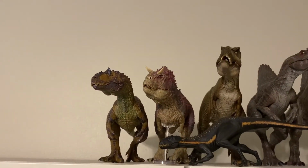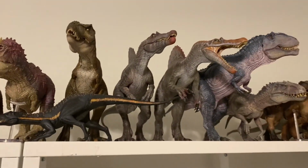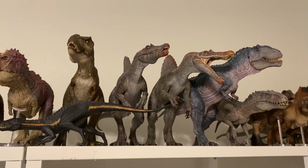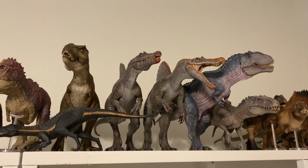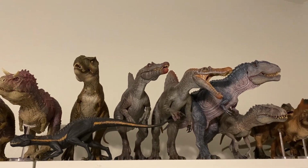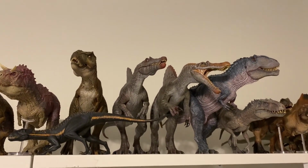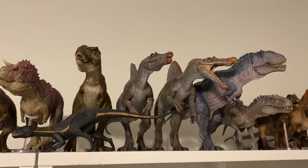Two Rebor theropods, the Saurophaganax and the Disney Carnotaurus, and Nanmu. I do agree with people saying online that it is lame Nanmu keeps redoing some of their older figures. They already redid the Carnotaurus, the Mosasaurus, the Spino, and the Rex. All of those redos could have made way for a Jurassic Park dinosaur that hasn't got a figure yet, like the Corythosaurus,